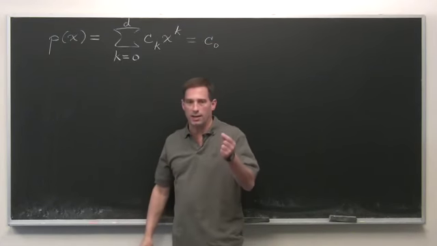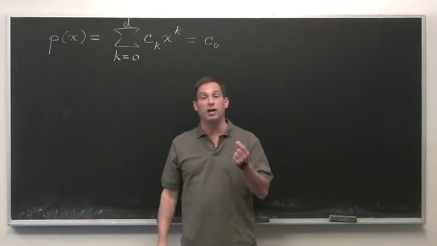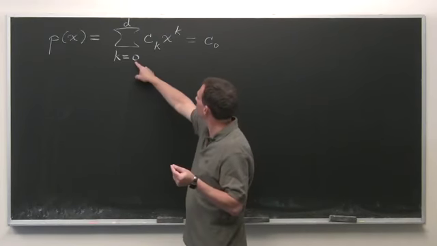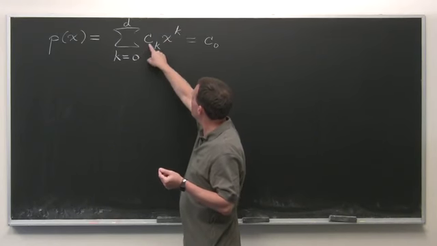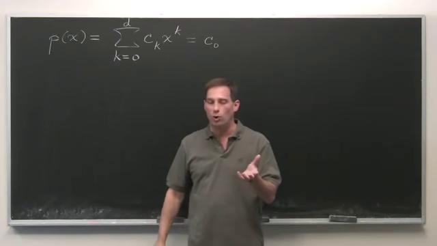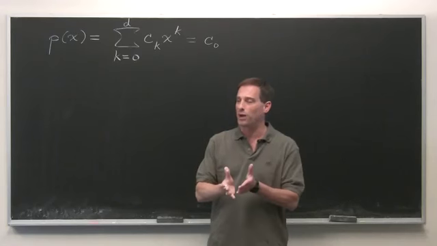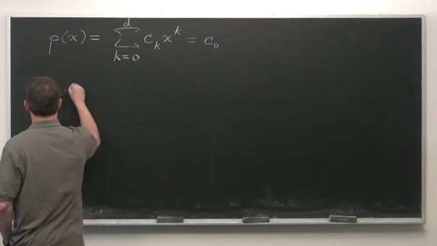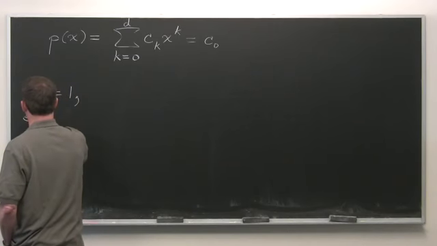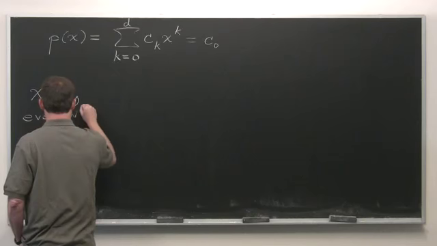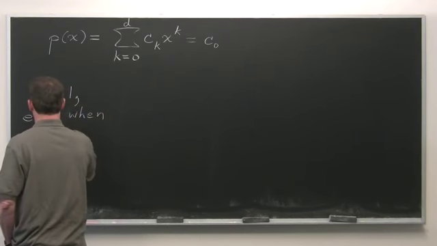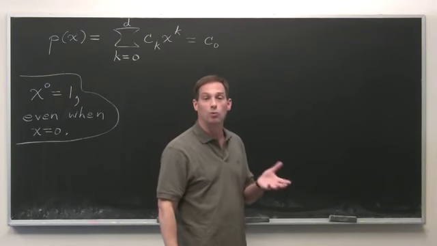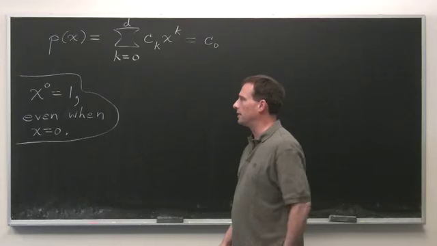I should say that even though 0 to the 0 is an undefined quantity, when you're dealing with polynomials and power series, when k is 0, we like to write this nice expression. When k is 0, x to the 0 we always mean 1, even if x might be 0. So we are adopting the convention that is standard in this setting, that x to the 0 equals 1 even when x is 0. I'm not saying that in all problems, in all circumstances, you want to define 0 to the 0 to mean 1. Just when we're in this chapter,